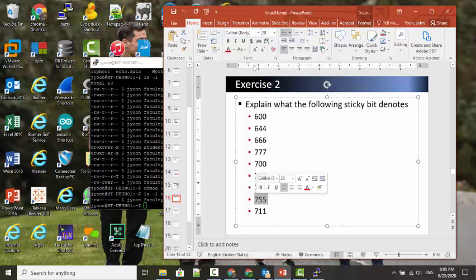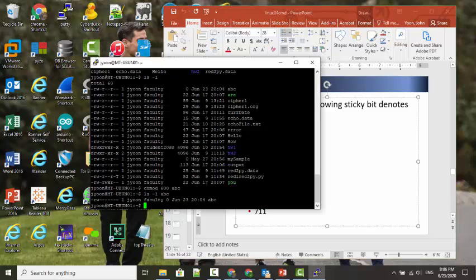755. I want to give all the permission to user, read and execution permission to group, and the same permission to the world. What if I do 754? Let's say chmod 754 to